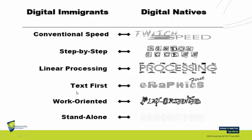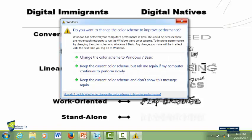I'm very work-oriented. I need to do this because it's part of my work. Digital natives, on the other hand, are very play-oriented. I've learned all of this because I've played in these environments. For a digital immigrant, for instance, I use standalone technologies. The digital natives,